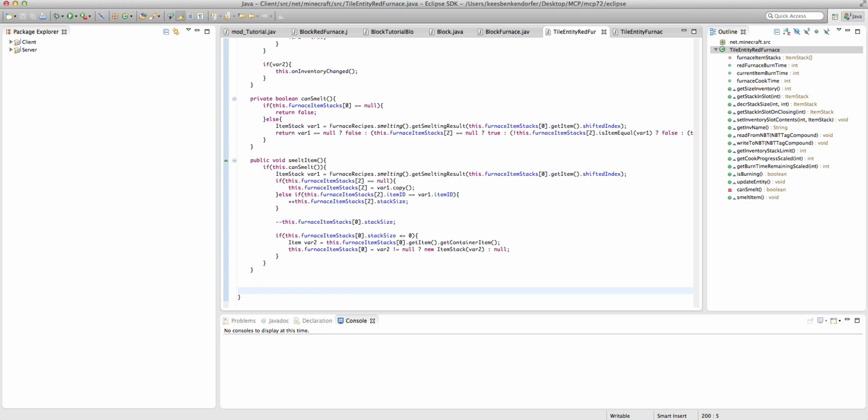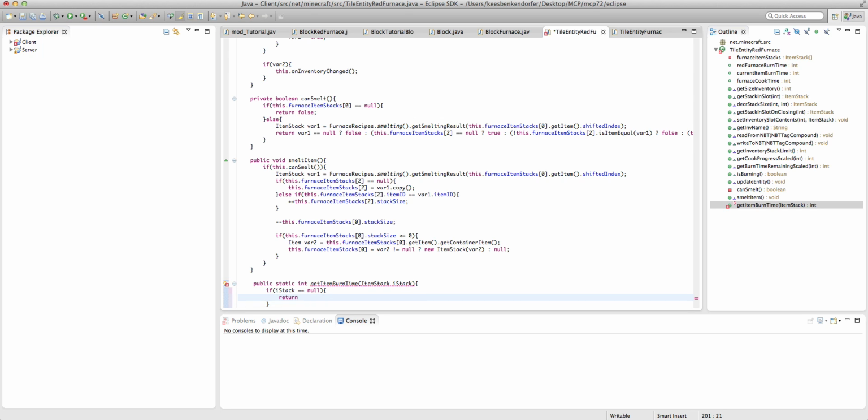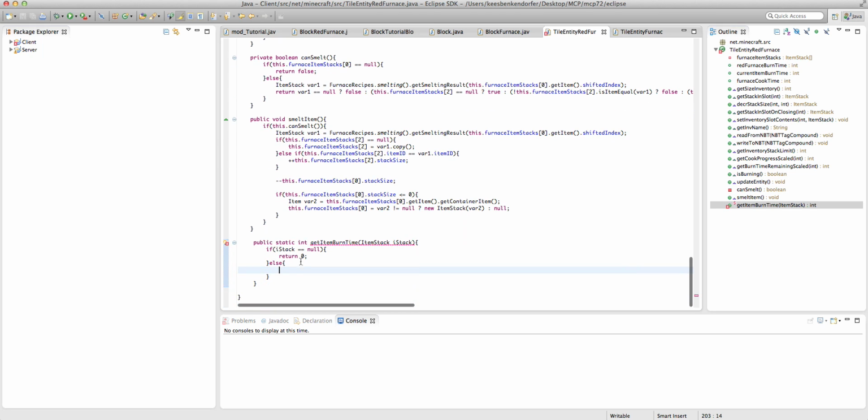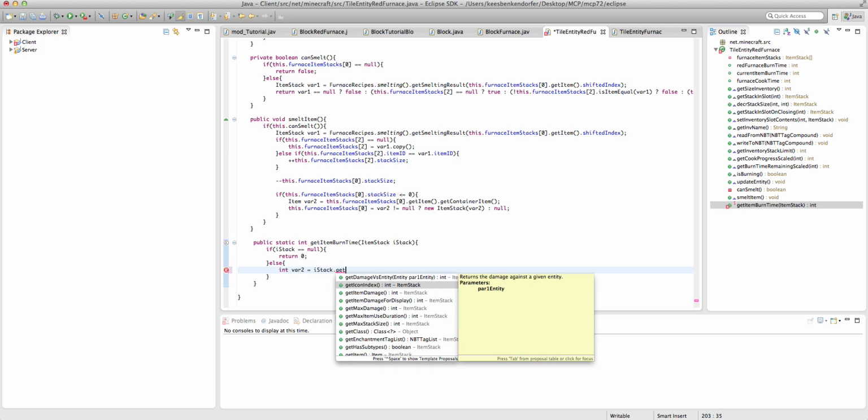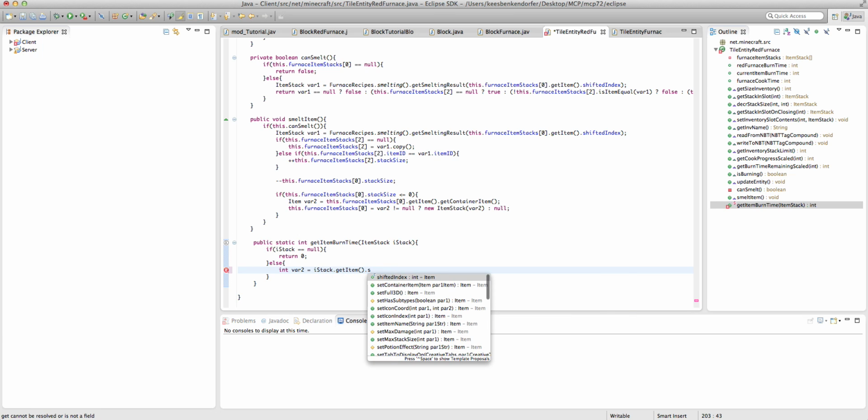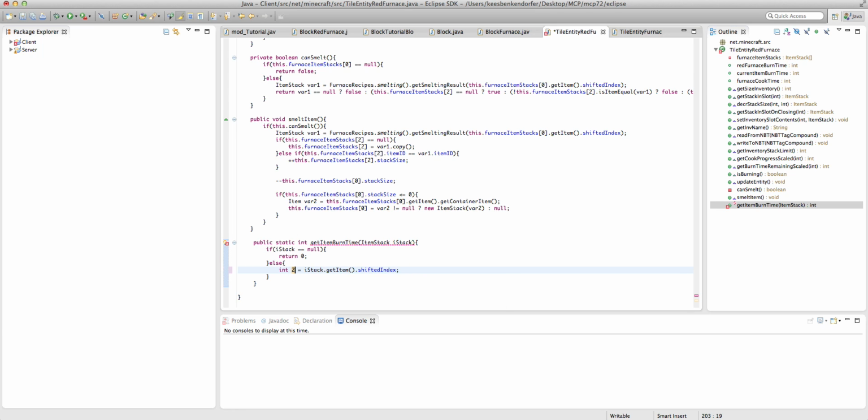We've still got quite a bit to go, and it's been 17 minutes. So I'll probably have to make a part 3. But let's go ahead and get public static int getItemBurnTime(ItemStack iStack), and not dpublic, just public. Okay, and we want if iStack equal null, return 0, else, so basically if it exists, we'll do this, int var2 equals iStack.getItem().shiftedIndex, and actually I'm going to rename this to item,